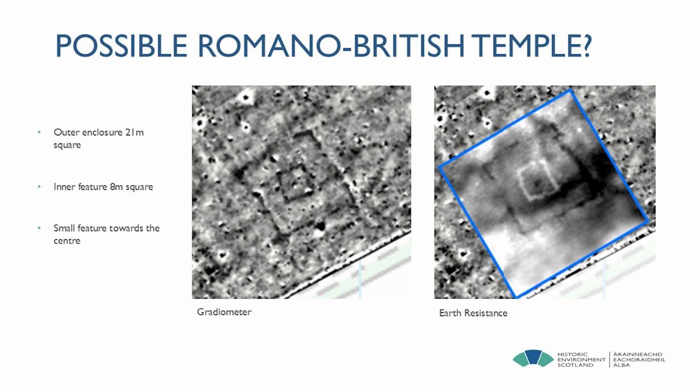If we now have a look at the possible Romano-British temple, we've got 2 squares here, one within the other. The outer one, 21 meters across, the inner one, 8 meters across, and within it, there's a small feature towards the center. From the gradiometer data to the left, it appears that these are all ditch features, but when we ran the earth resistance meter over it, it looks like the inner square actually has some structural remains. The white is areas of low resistance, so this is probably foundations or